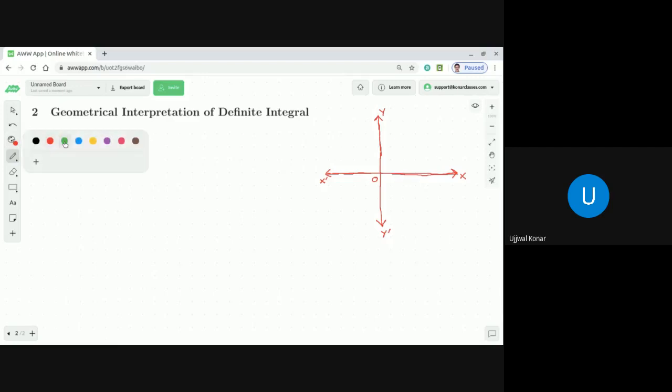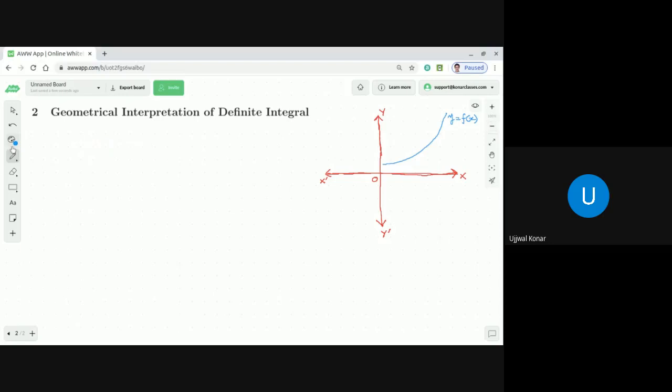Now I'm going to draw one curve. Suppose I have a curve something like this. This is our curve y equal to f(x). Obviously, I can give examples. You can think about a circle, parabola, ellipse, hyperbola, or any other type of curve. In general, I name the curve y equal to f(x). Clear or not clear? Whenever there is a curve, you can find its equation, and also you can draw it. We have drawn it.